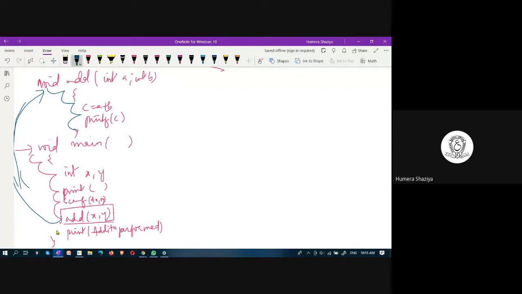After this last closing brace, where are you going? The print statement in the main function. Yes, exactly. From here, you are moving to this, because this is the next statement to be executed after the function call. This is what branch and save return address is. You are branching, and you are saving.